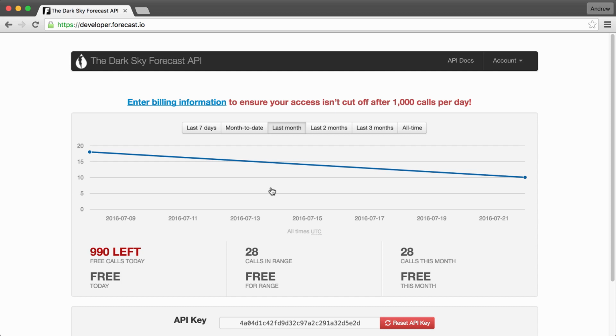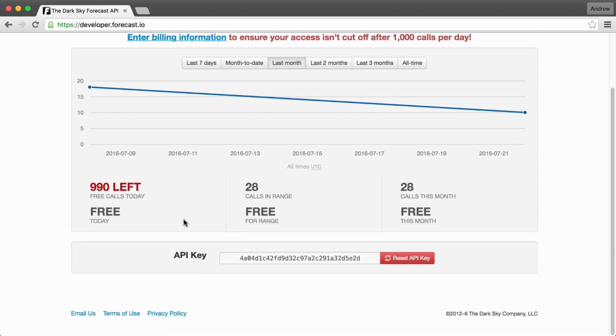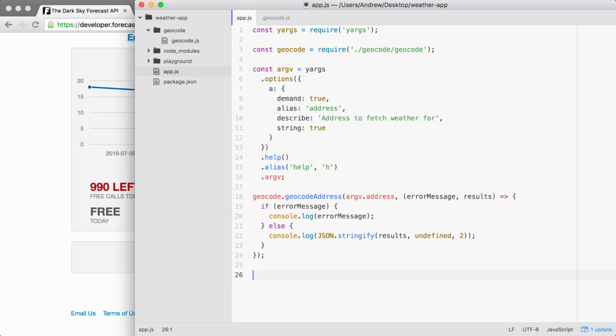All right, I'm going to assume that you've created an account and that you're looking at the dashboard that I see. The only piece of information we need from this page is our API key. The API key is like a password. It's going to be part of the URL we request, and it's going to help forecast.io keep track of how many requests we make a day. You can see I've used 10 of my requests. I still have 990 left for today, which is fantastic. Now I'm going to take this API key and paste it inside of Atom so I have it accessible a